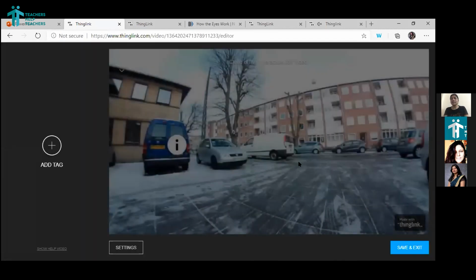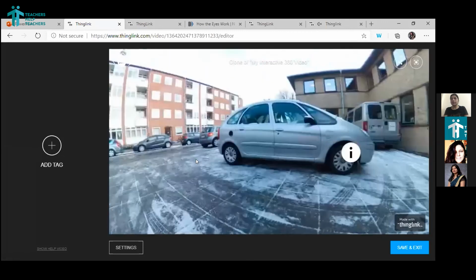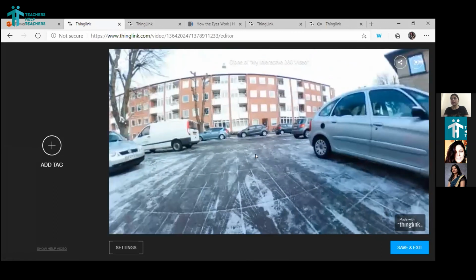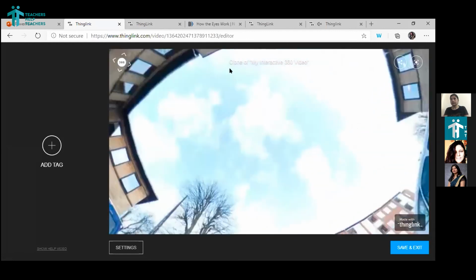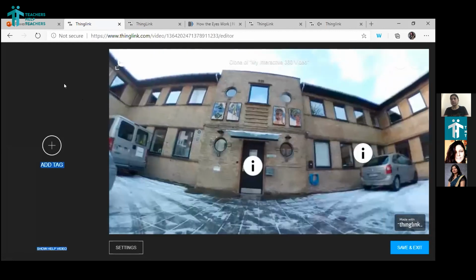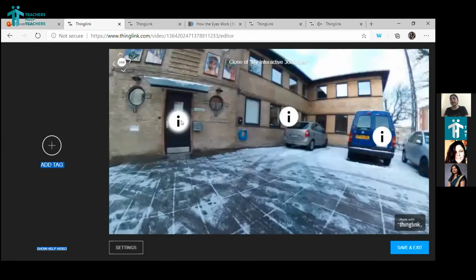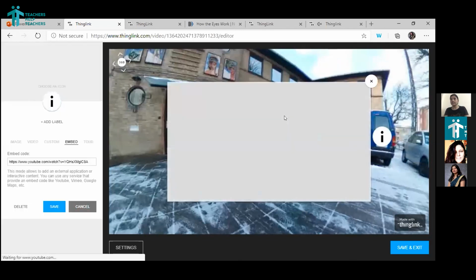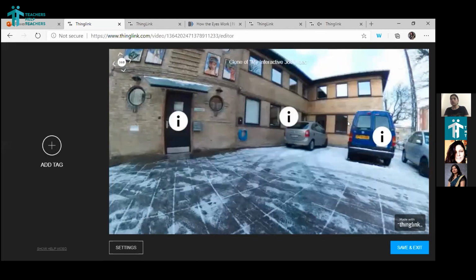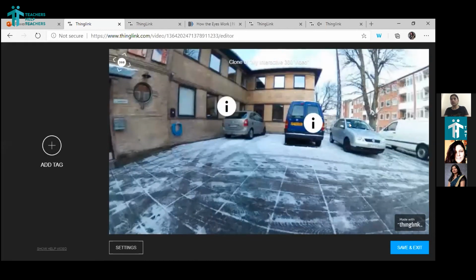Again, this 360 video opens and now I want to tell about some place. Okay, so let us take it further. I think this is again a picture, not a video. The person has already added the tag. When I click on this, it opens something like a video here, which I can click and watch. Then there's again this tag, which has some YouTube video to watch. So that kind of a thing can be done.